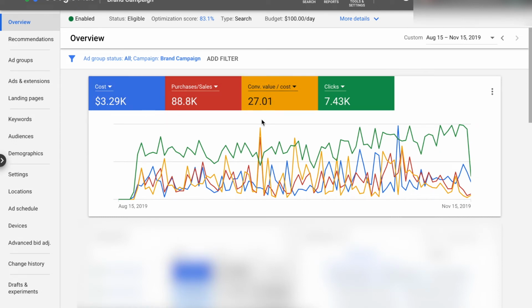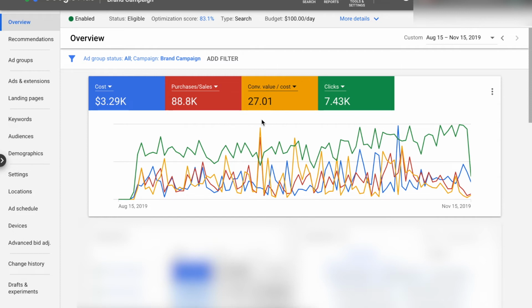Every time someone looks up your store name, your business name, whatever, your ad is going to come up, right? Because here's the thing. If you don't set this campaign up and your competitors are actively doing research to see who their competitors are, and if they realize that you don't have a brand campaign set up, guess what they're going to do? They're going to set up a campaign using your keywords and advertise their product or their store when people look for you, right? So for example, let's say I had